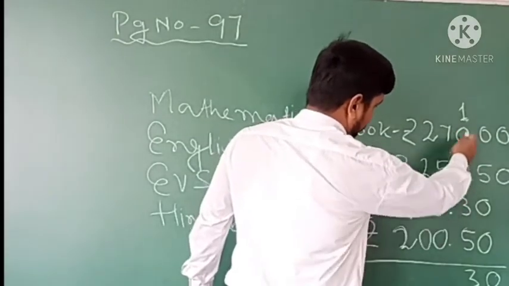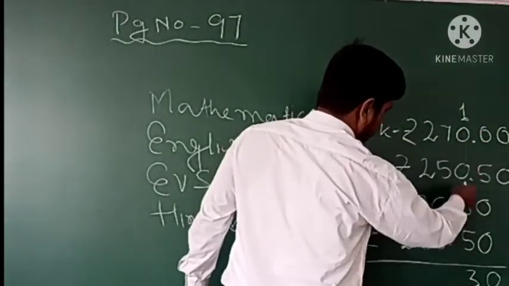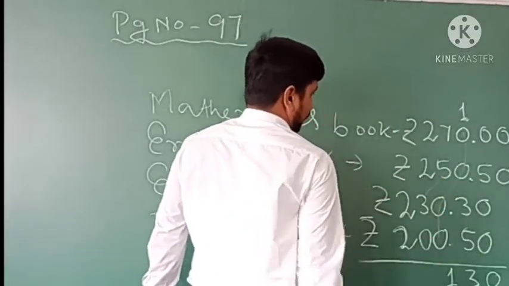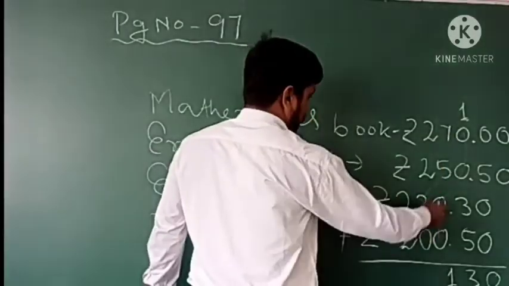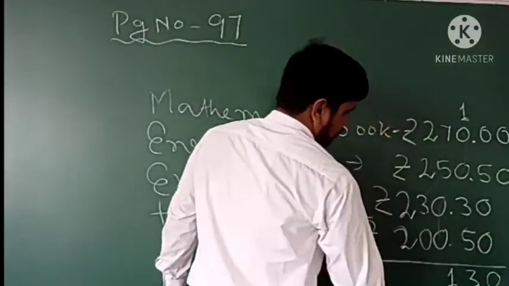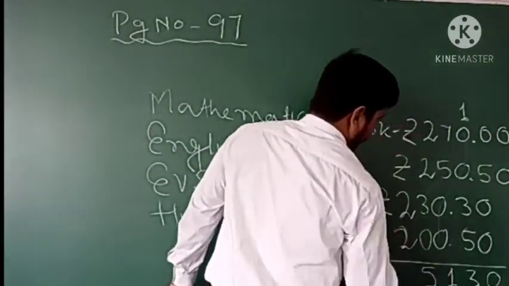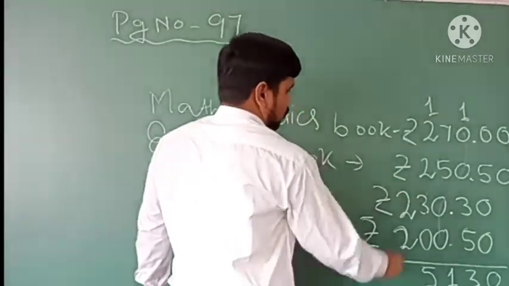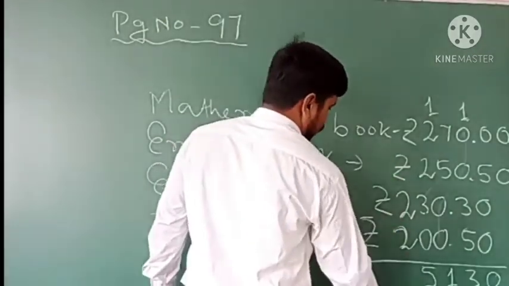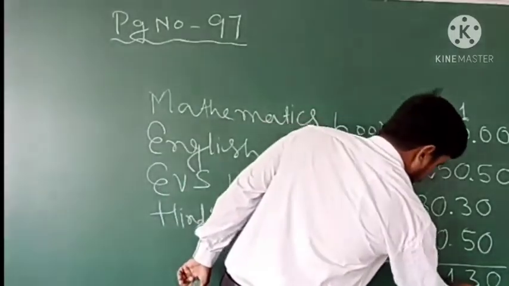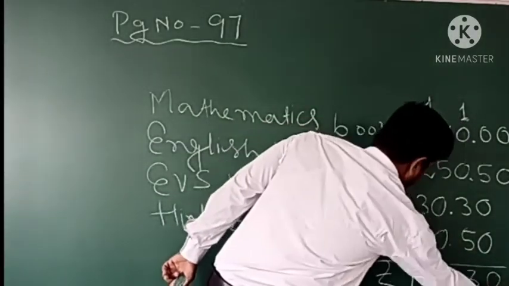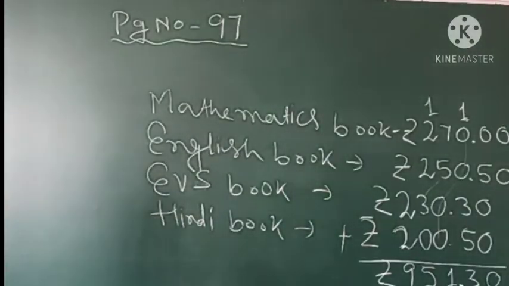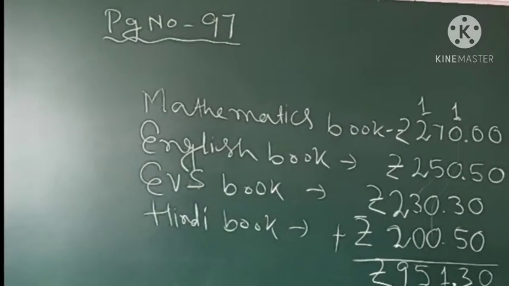Now here, this is the line which is going on 0. So 1, okay. Then 7 plus 3 I am taking 10, 10 plus 5 is 15. So 15 is 5, 1 carry. So 1 carry, 3 plus 2 is 5, 5 plus 2 is 7, 7 plus 2 is 9. So in this example the total is coming 951 rupees 30 paise.